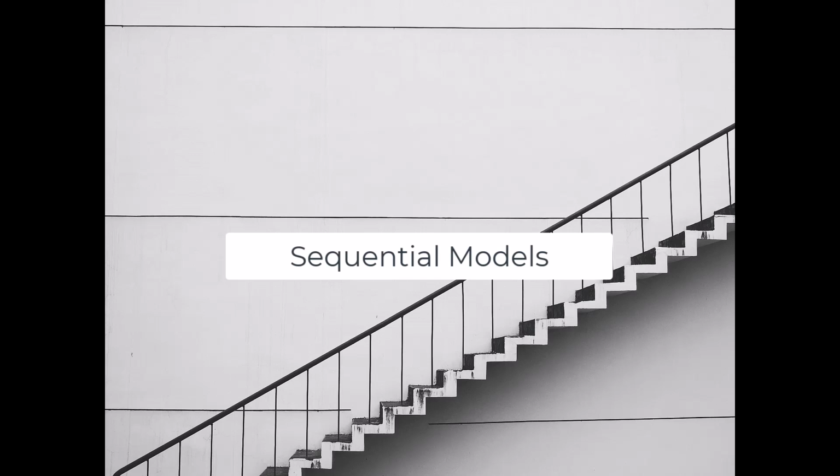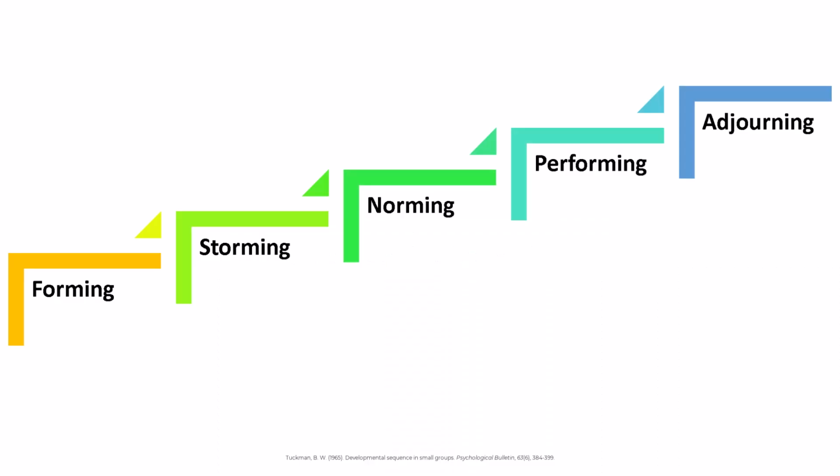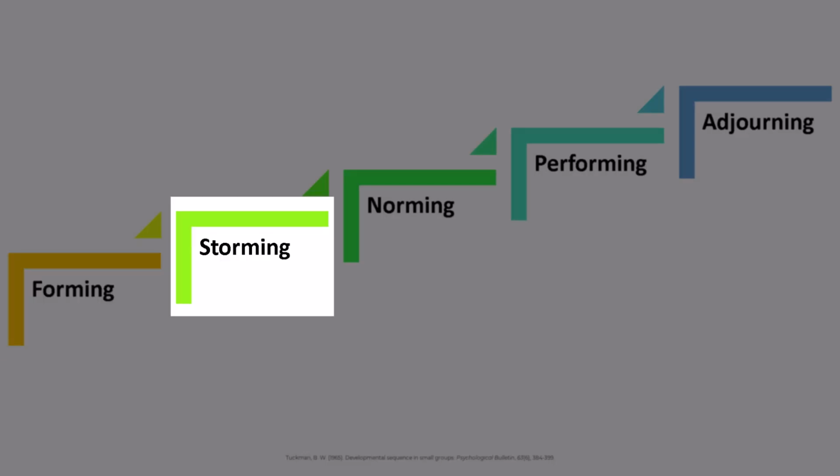The first category of group development theories is the sequential models. These theories say groups develop through a series of linear, sequential steps or stages. The most commonly cited one is Tuckman's model, published in 1965, but still relevant today. According to this theory, groups move from independence to interdependence and back to independence through 5 stages, including orientation, conflict,